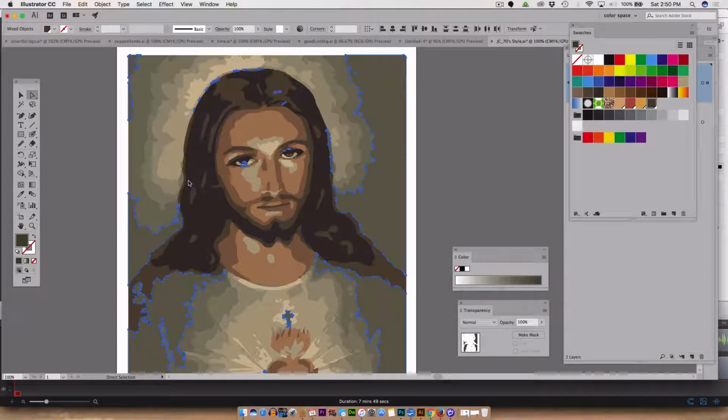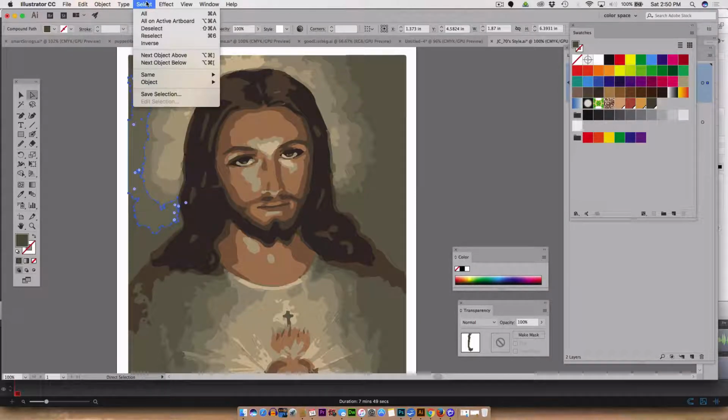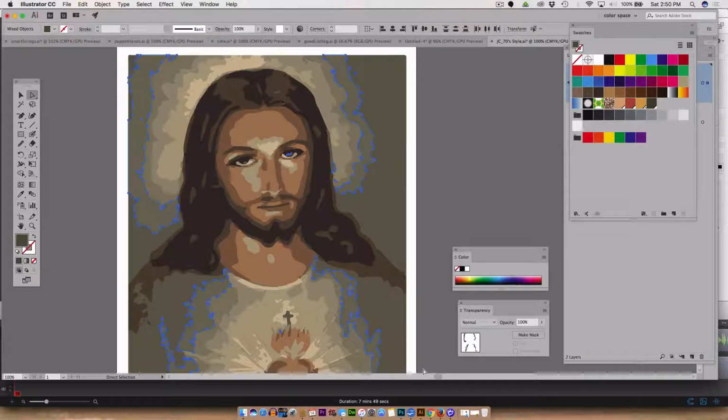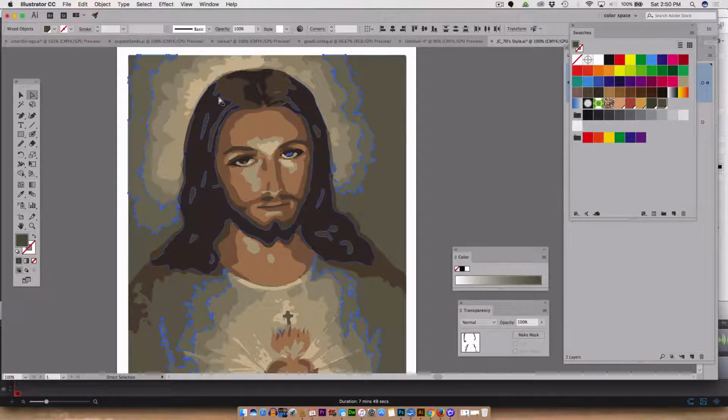Now, I've done the first one, and I'm going to click inside the next color. Click the color. Object, select, same appearance. All the ones with that appearance are selected. Don't click away. Drag the color into the palette. They're still selected. Double click. Click on global. Now they're all using that global color. Click OK. I'm going to do the third one because I know I have 10,